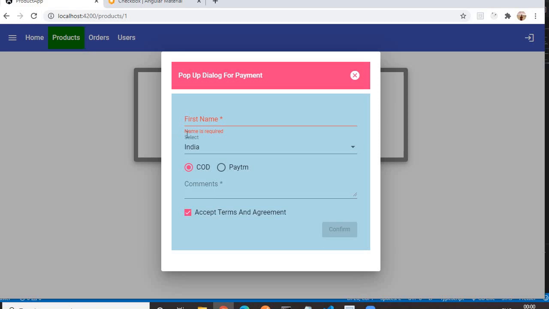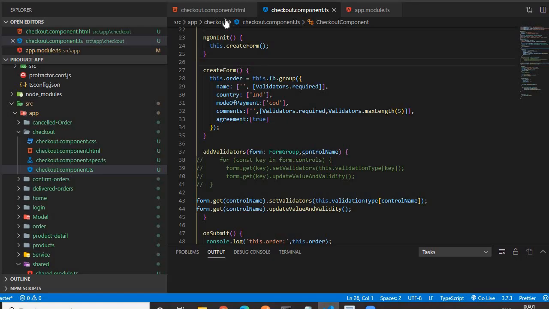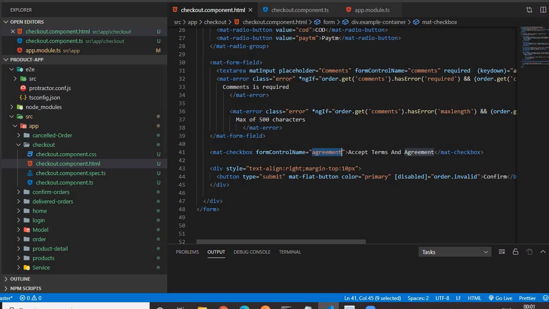Then I get the error message as name is required. Same thing for comment. If I type more than 5 characters and click somewhere, I get a validation message: max of 5 characters is required. So how is this error message being displayed? For displaying the error message, we will have to go to the HTML page.